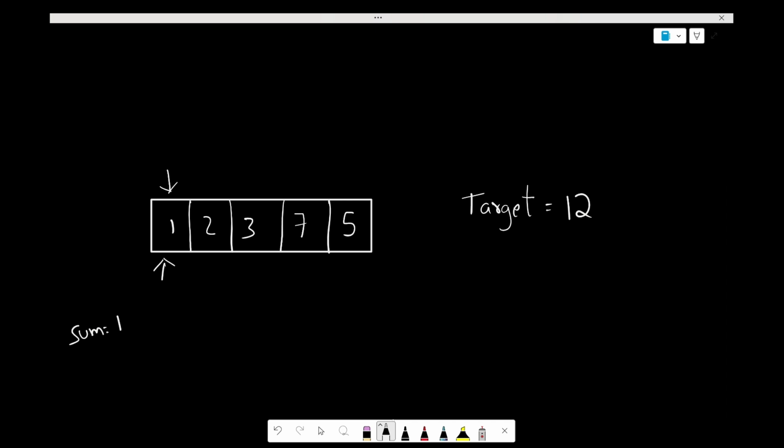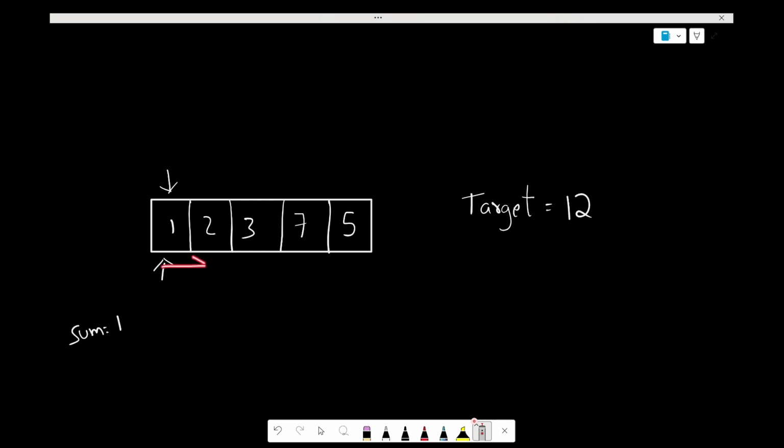What we want is a subarray whose sum is equal to 12. Subarrays are continuous, so this pointer will be going right side and this is also going right side, but the main